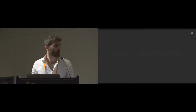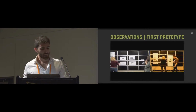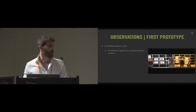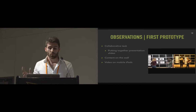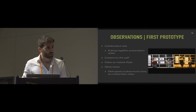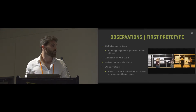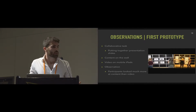To answer this question, we performed a couple of observations. In a first study, we had a low fidelity prototype where we asked people to put together a slide presentation using our wall-size display. The content was on the wall, but the users could see each other through iPads that helpers were holding on the side. Now we realized that people looked much more at the content on the big display than at each other on the Skype windows, because they were not very conveniently placed on the side, so they had to